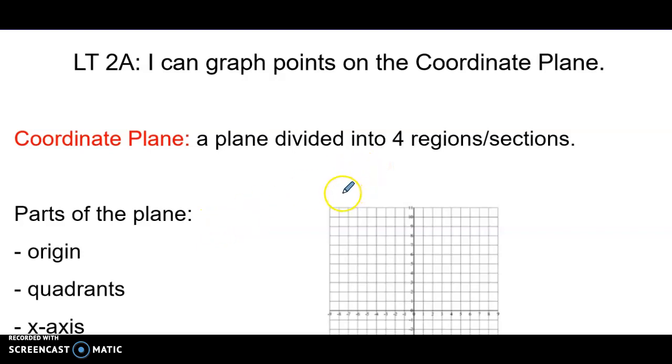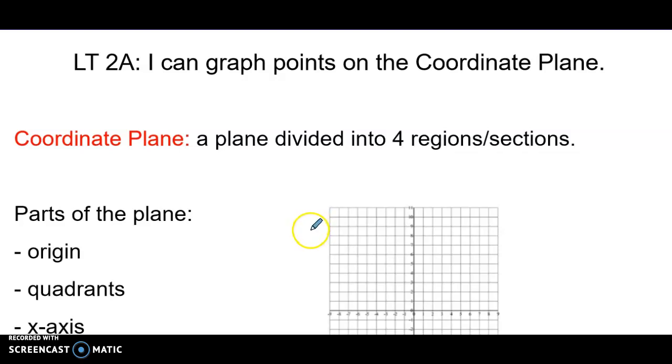All right, we're going to start Unit 2, which is Learning Target 2A. I can graph points on the coordinate plane. So you want to make sure you have your math notebook so that you can take notes. Everything that you see me write, you should write in your notes. And we will learn more about coordinate planes. This should be review, so we won't spend a lot of time on it, but it is important for you